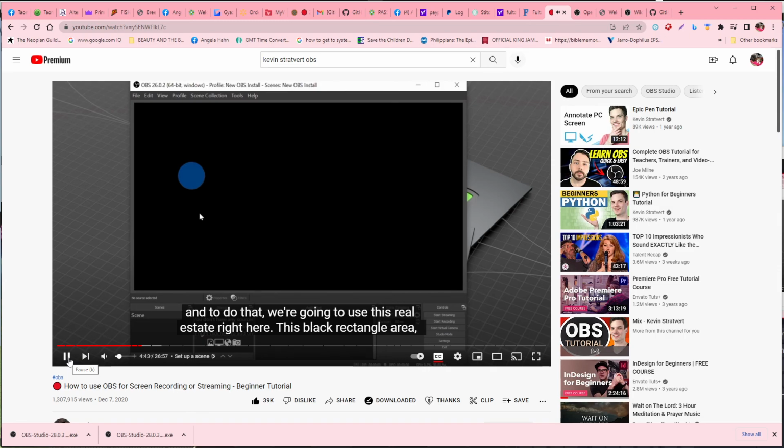However, you can also add additional scenes, you can also remove scenes, and later on we'll do that. Especially once you start getting multiple scenes, it's a good idea to rename them. First though, I want to simply get started using OBS, so let's now focus on sources and let's start adding a few simple sources. You might be wondering, what is a source? Well, let's click on the plus icon to see what types of items we can add to our scene. Here we see a list of all